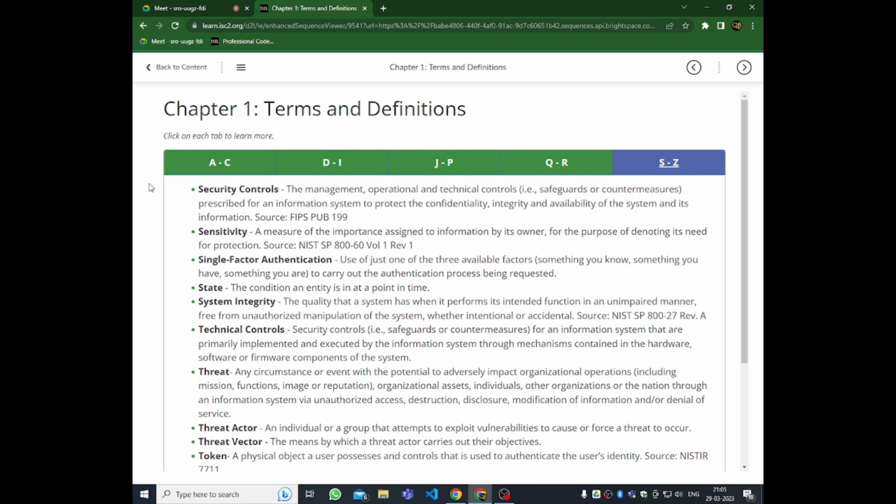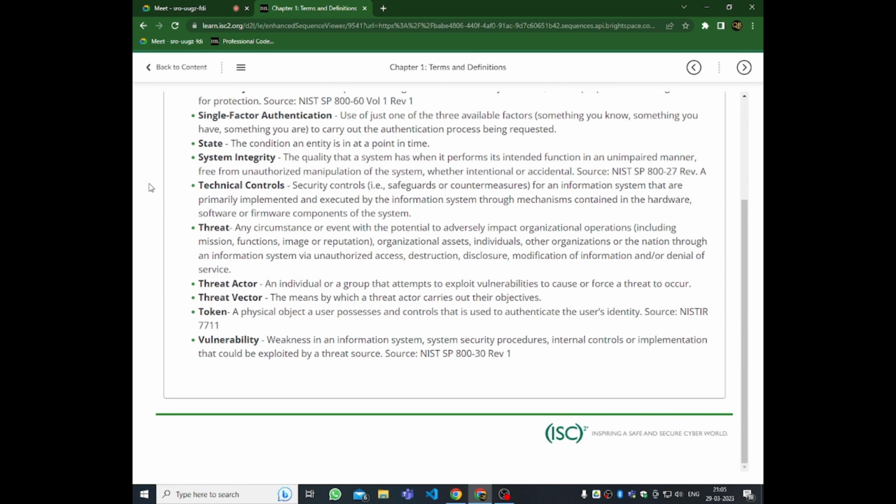Next is threat, any circumstance or event with the potential to adversely impact organizational operations, including mission, function, image, or reputation, organizational assets, individuals, other organizations, or the nation through an information system via unauthorized access, destruction, disclosure, modification of information, and or denial of service. Next is threat actors, an individual or a group that attempts to exploit vulnerabilities to cause or force a threat to occur. Next is threat vector,